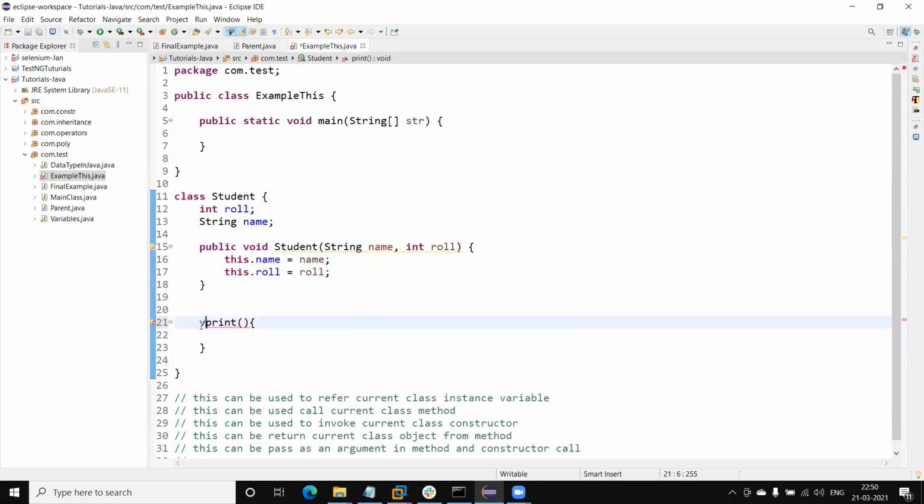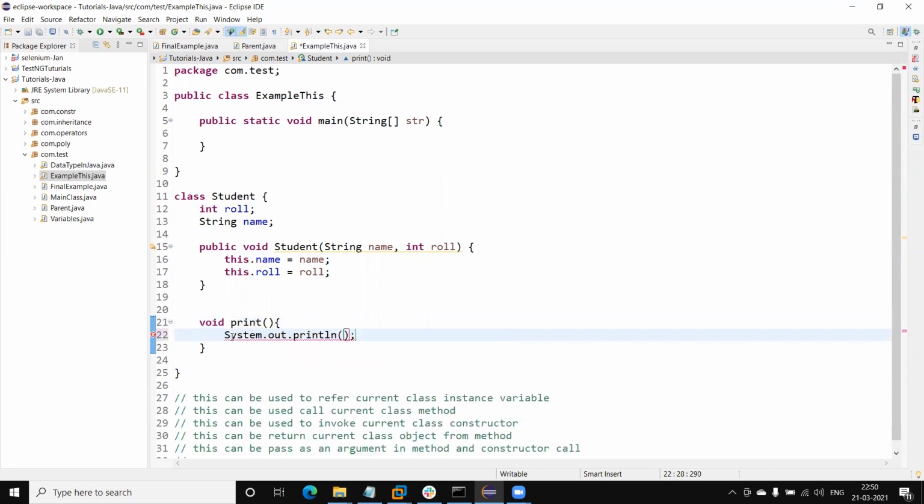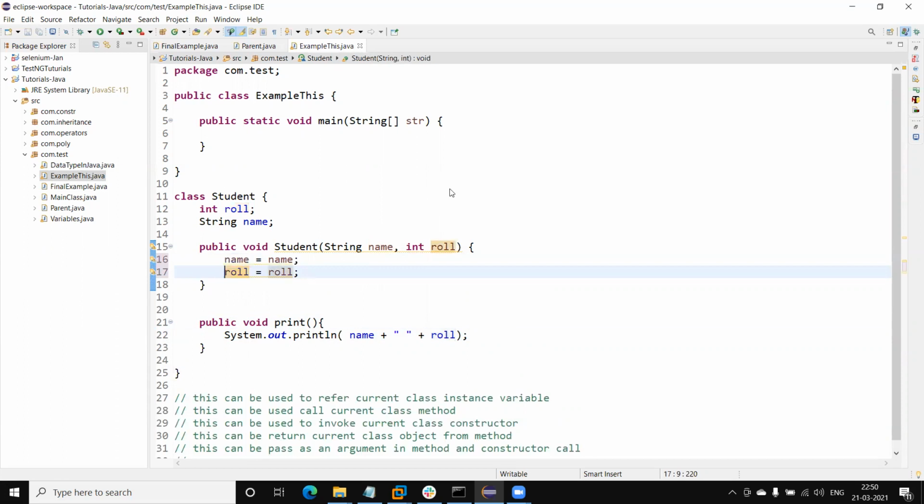Print. Printing the name plus roll number. Let me show you what happens if I do not use this keyword. Let me create the first object.